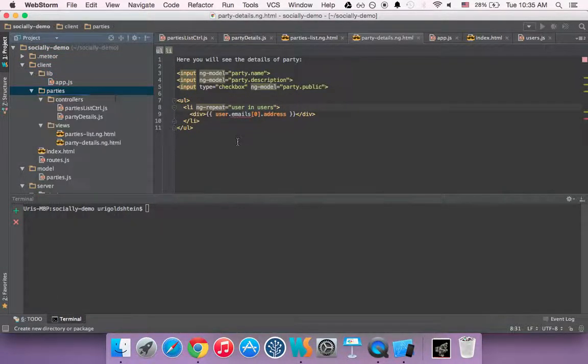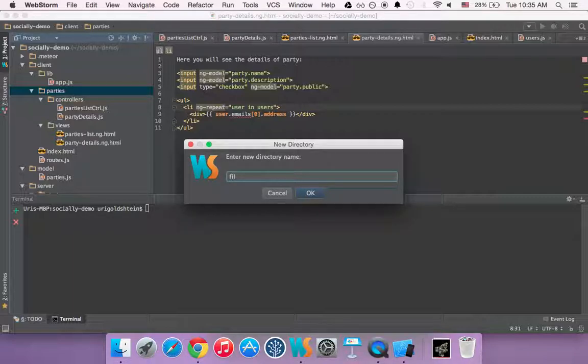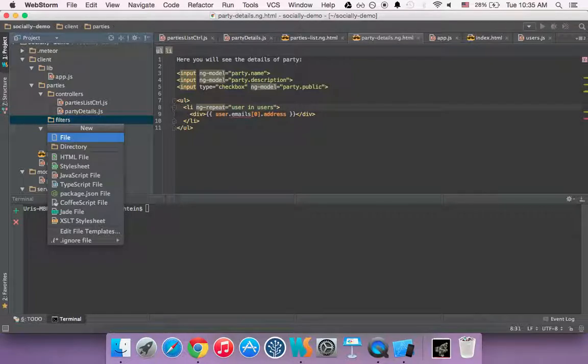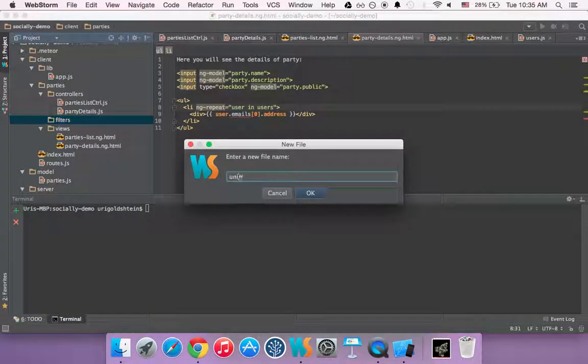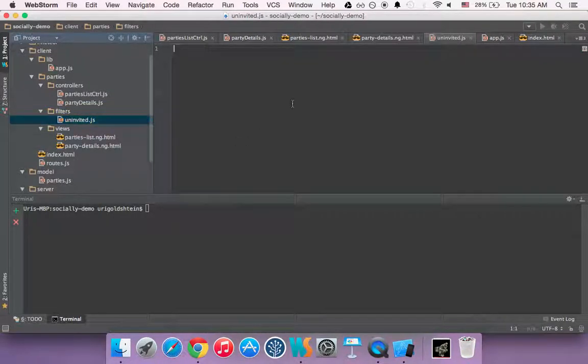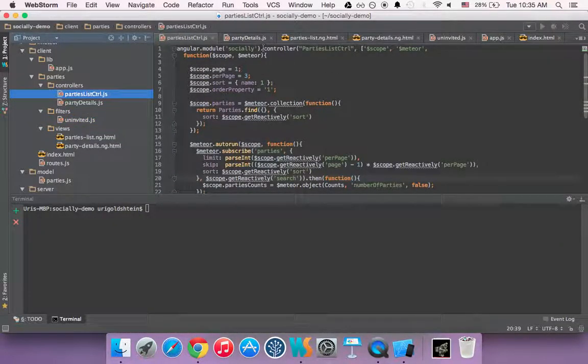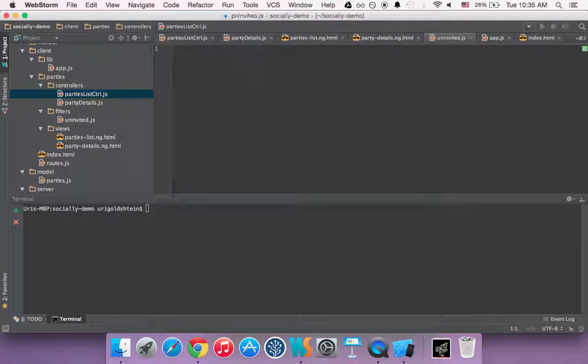Let's create a directory called filters, and let's create a file called uninvited.js. And here we'll create our filter. So first of all, this will be under our Angular application, and let's start defining it. We'll call it uninvited,